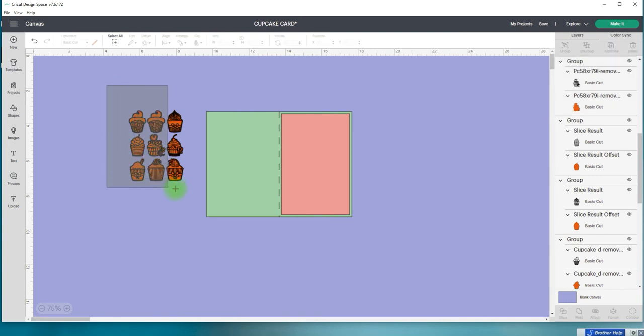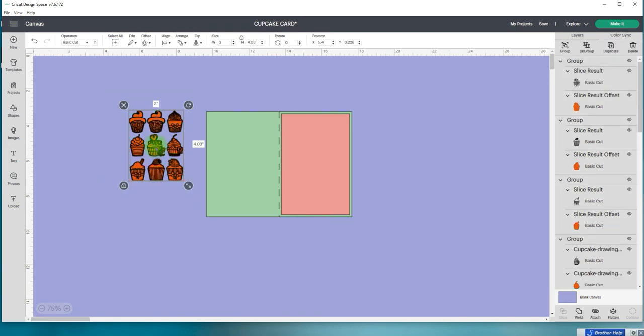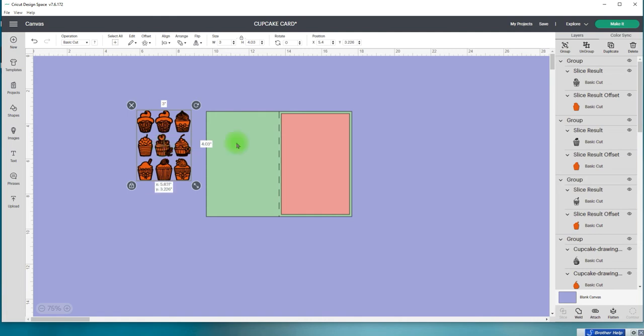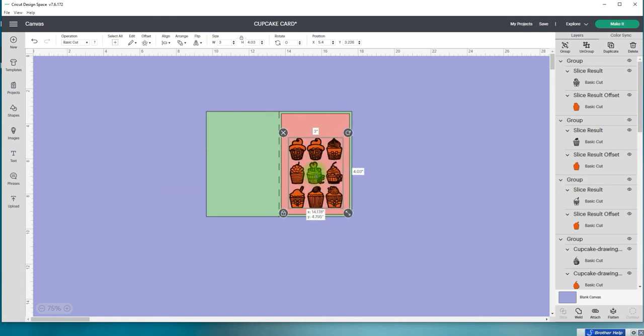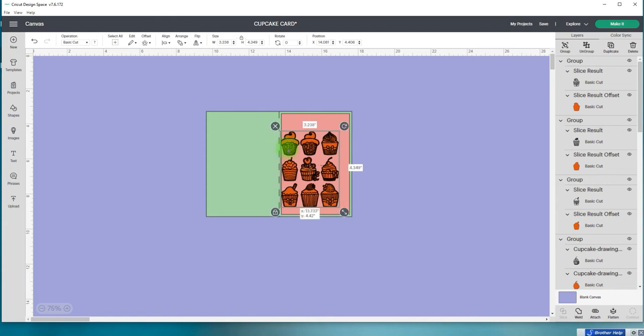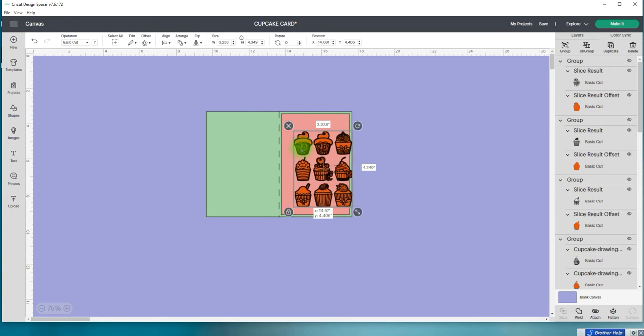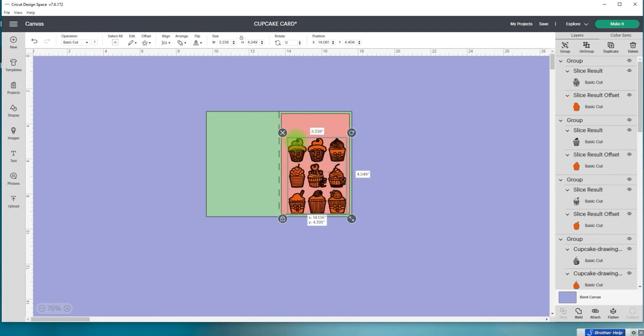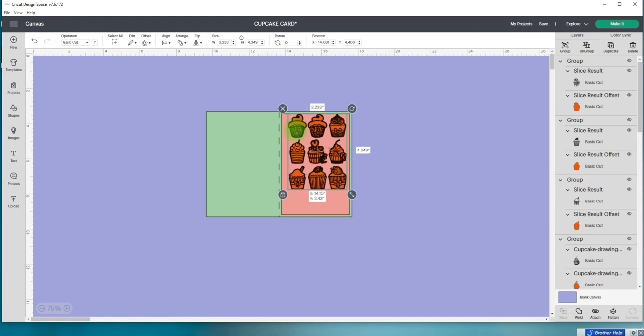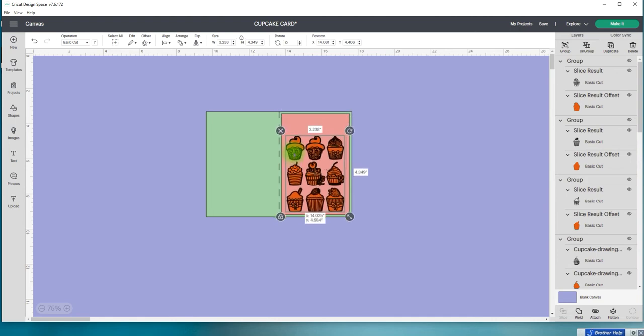Now these are all still individually grouped, so I think I'd like to see them go a little bit bigger, but not too much more. Keeping an eye that they're not too close to the fold of the card or the edge of the card. Okay, bottom and top, and we're going to leave a bit of space at the top for a sentiment. So looking at the bounding box there,